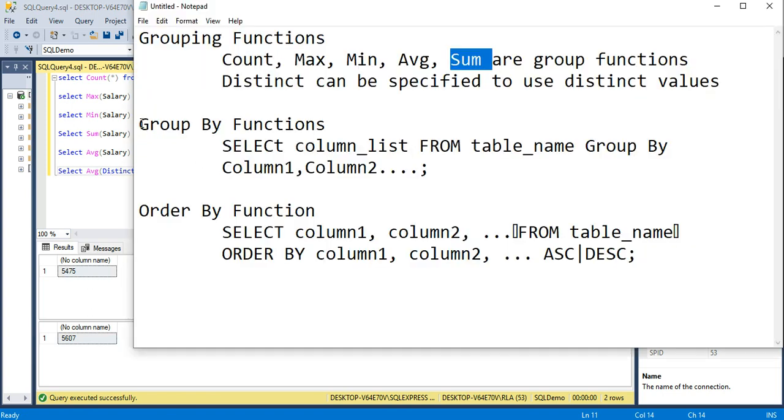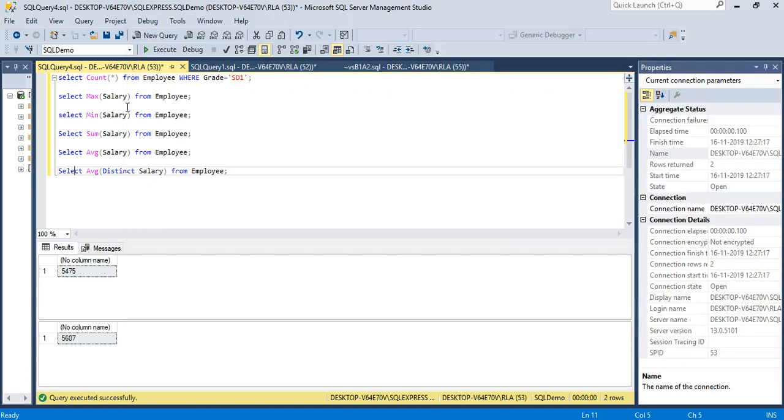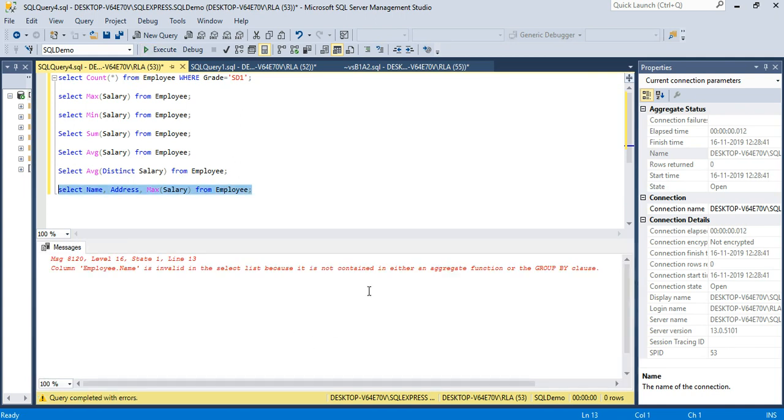now we will take a look at group by functions. Earlier we were trying to add the name and address, right? So we got some error which says employee name is invalid in the select list because it is not contained in either an aggregated function or group by clause. So here we want to group them